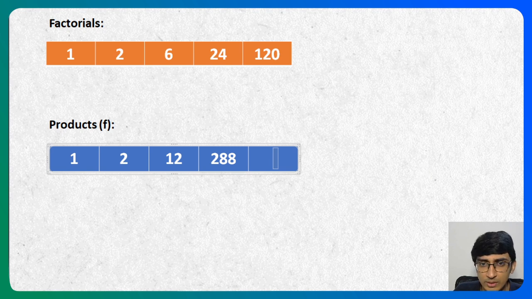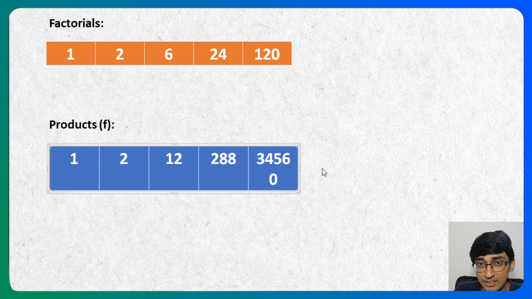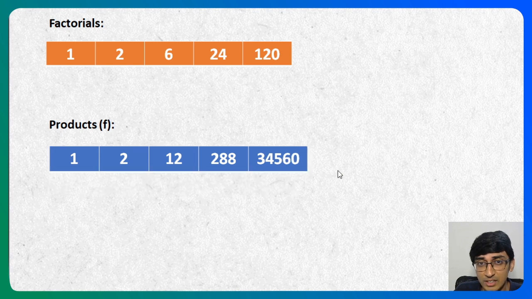Let me also very quickly calculate that. 120 into 288. That's 34560. So the number grows really rapidly, right? The number is growing very fast. If you look at it, the number grew by 2 digits. Yeah, it's grown by 2 digits. So like a magnitude of 2 is what it's grown by. It's crazy, right?